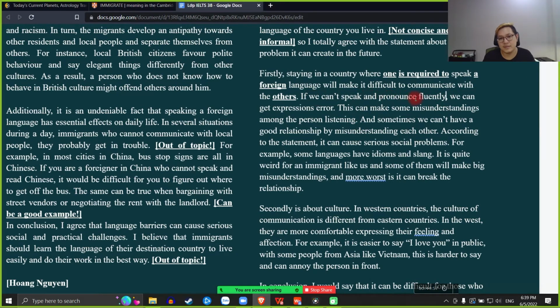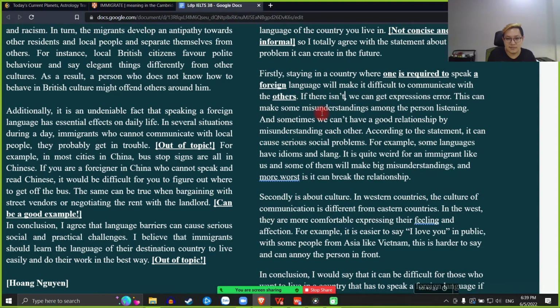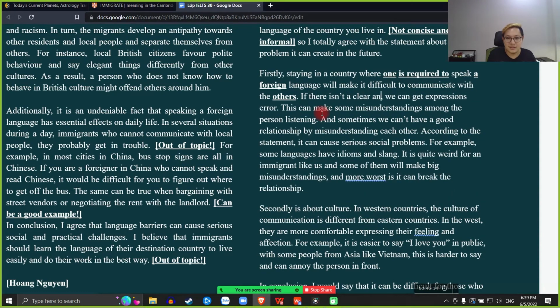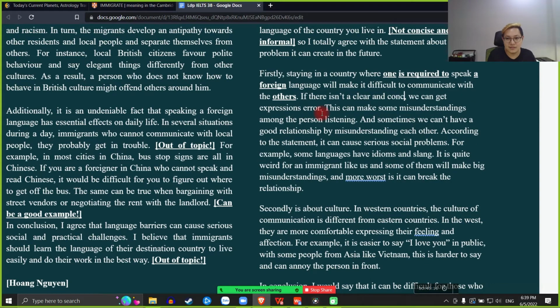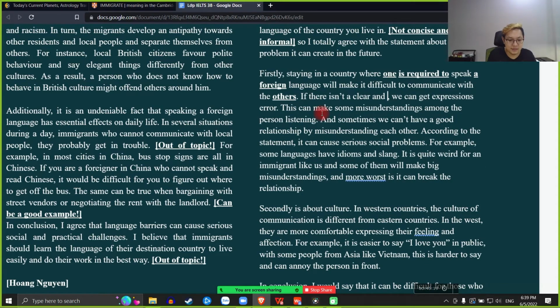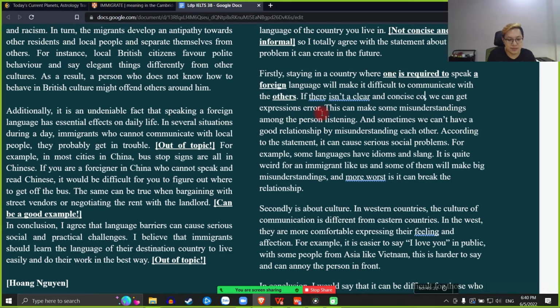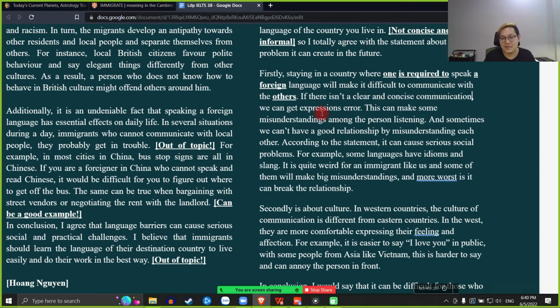Nếu chúng ta không thể nói và phát âm một cách chuẩn xác thì nó có thể thay bằng là we can replace this one to make it sound more formal. If there isn't a clear and concise communication, nếu mà chẳng có một cái sự giao tiếp chuẩn xác và rõ ràng, thì nó thay thế cho là nếu chúng ta không thể phát âm và gì rõ ràng, you know, nó nghe nó trịnh trọng hơn không? If there isn't a clear,